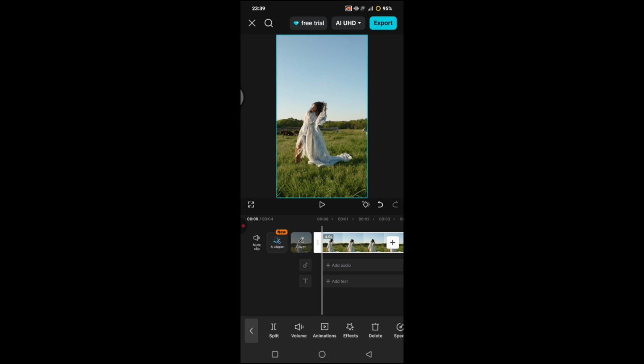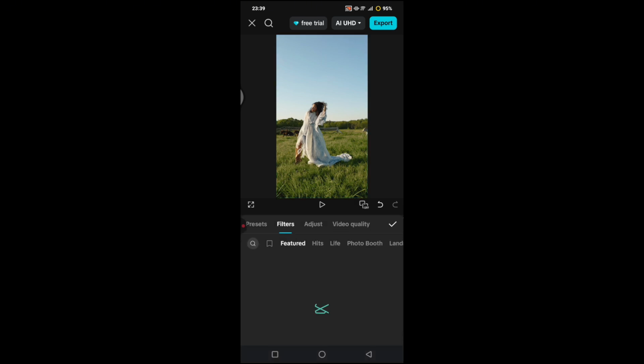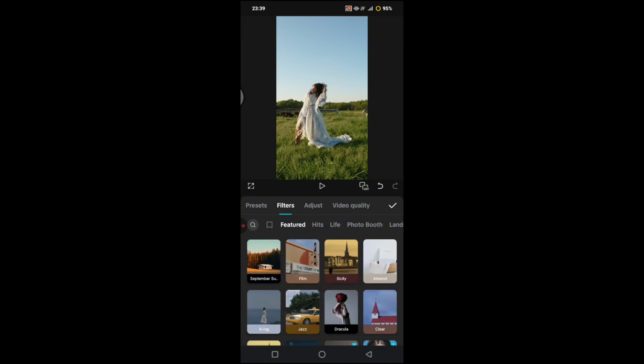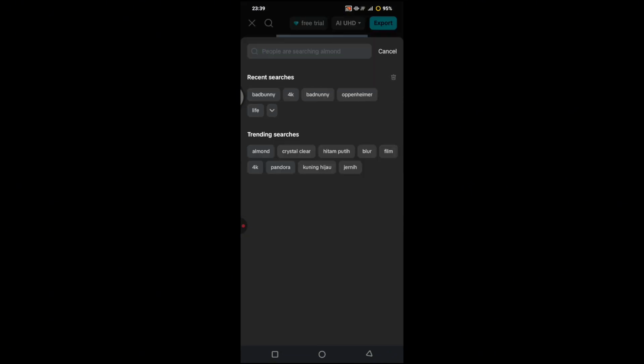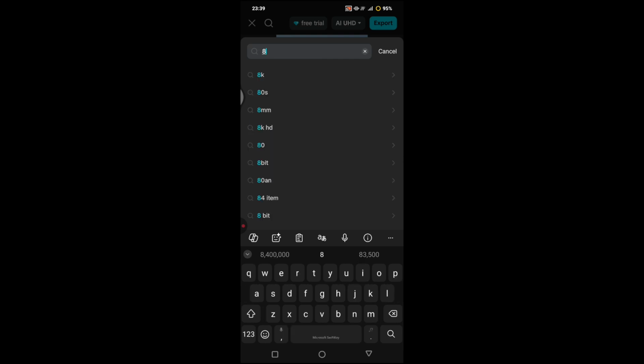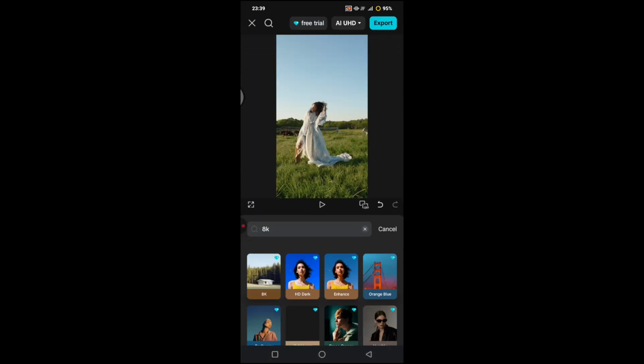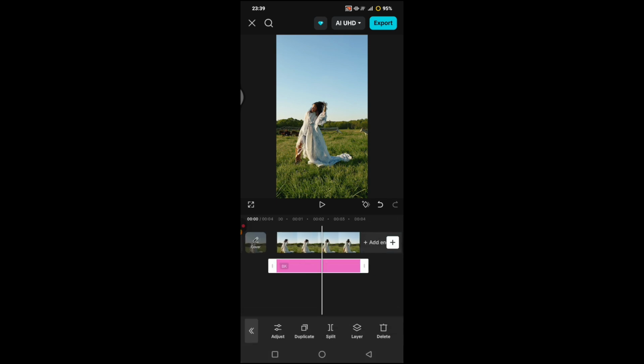So first you can just head into filter and add the 8K filter. So you can just search for it in here, 8K. Okay, this one, add it into your clip. You can adjust the intensity to how you prefer. I think I'm going to go with 55. Hit on a check icon, and now